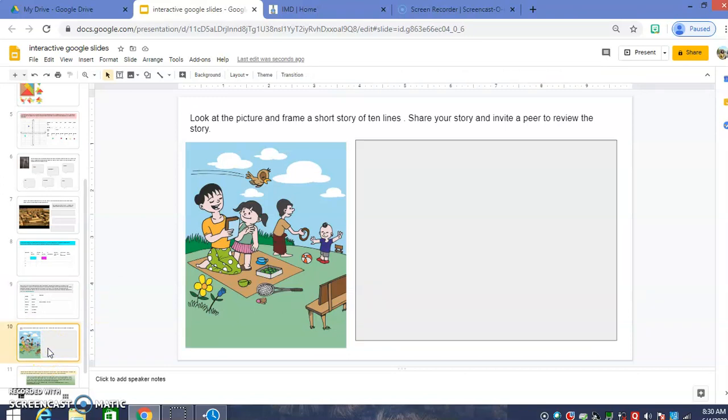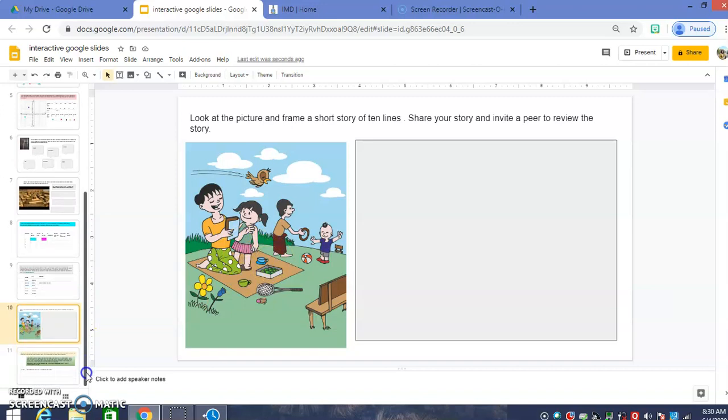This is something for languages, where you want the students to write a short story. So just give them a picture, assign this slide separately to every student with perhaps their name or roll number on that slide, and each student will complete a story. They can even invite their peers to read their story and make suggestions. The teacher can go through those stories and then perhaps give them certain comments on their stories.